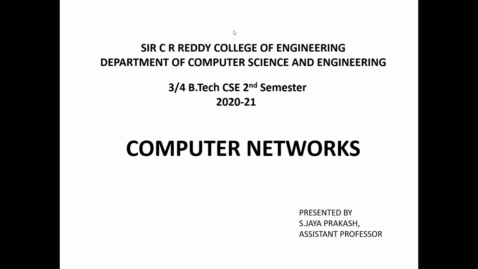A computer network is a group of computers linked to each other that enables the computer to communicate with another computer and share the resources, data and any other applications. So that is the definition of the subject computer networks. A computer network is a set of computers connected together for the purpose of sharing resources.